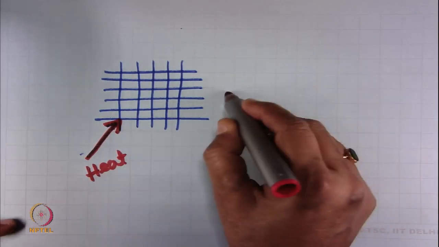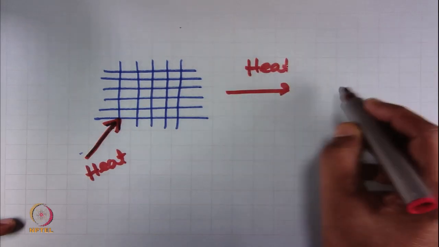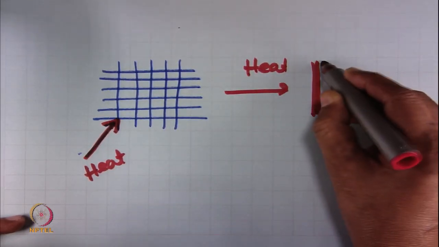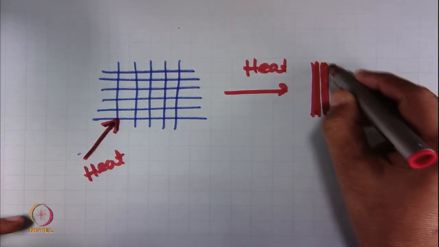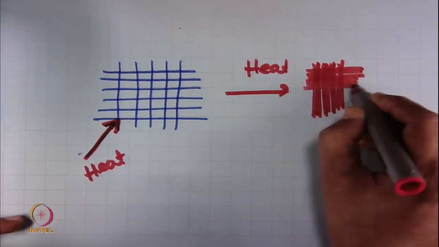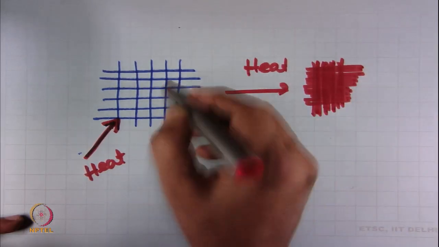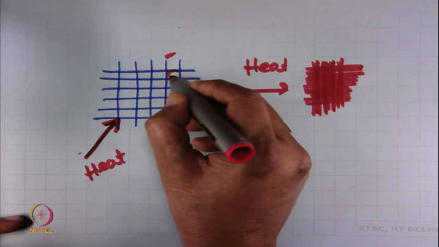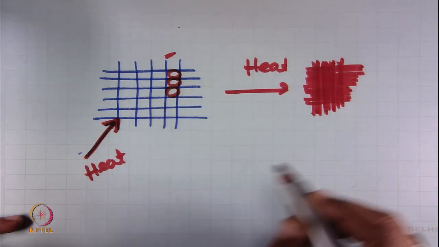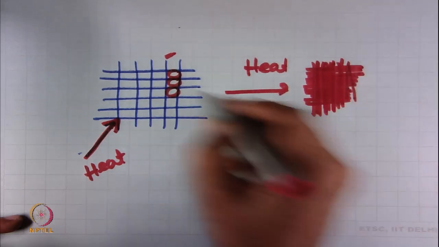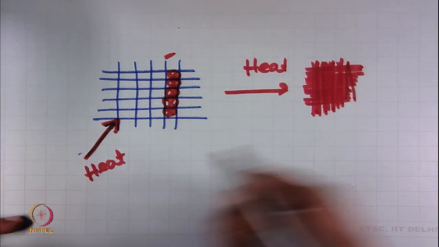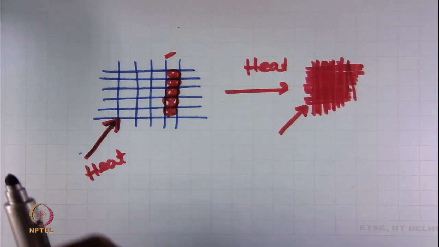Heat is being applied. Once it is heated, these fibers or filaments will become thicker, and as these filaments are thicker, the open pores will be blocked due to swelling of the fiber, and as these openings are blocked, this will enhance the protective performance.